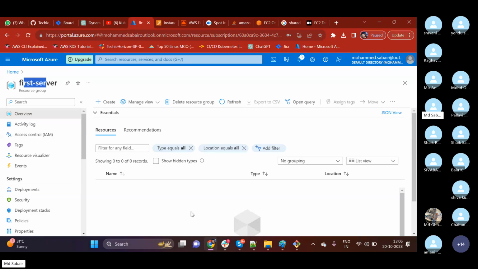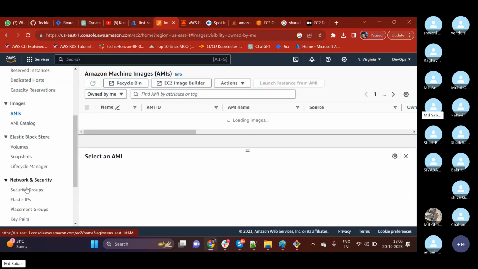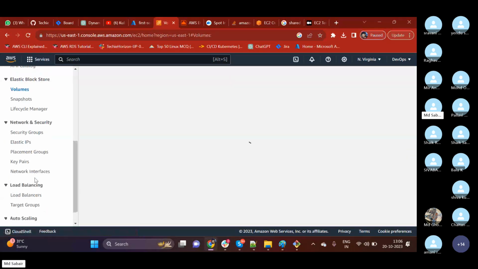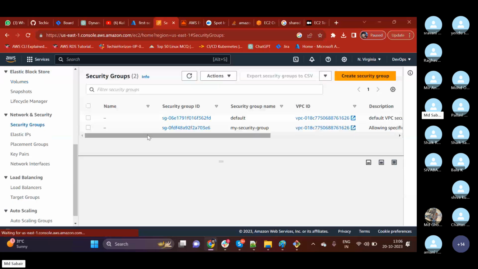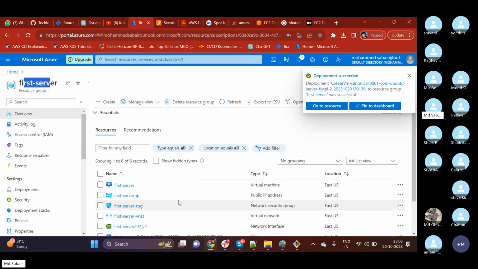No need to search here and there. In AWS, what we were doing, we were searching for our EC2 here, our AMI here, our volume here, and our security group here, right? So in different options we were searching, whereas in Azure, everything will be allocated in the same resource group. Understood? So we are trying to create one group for all our